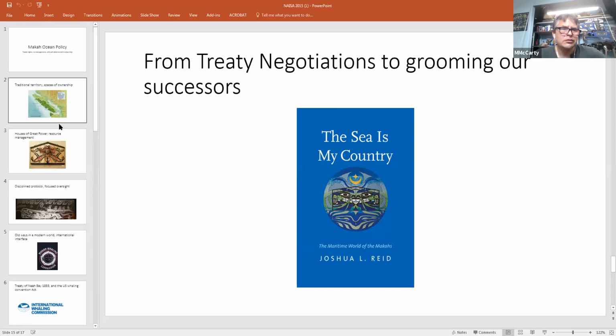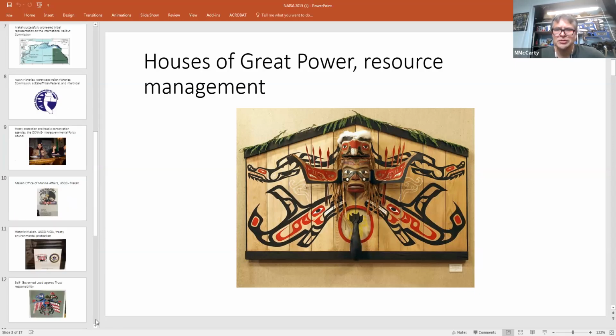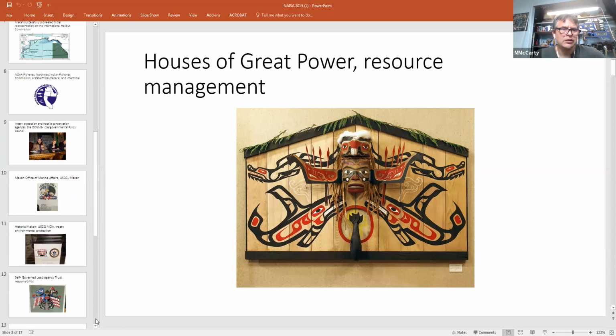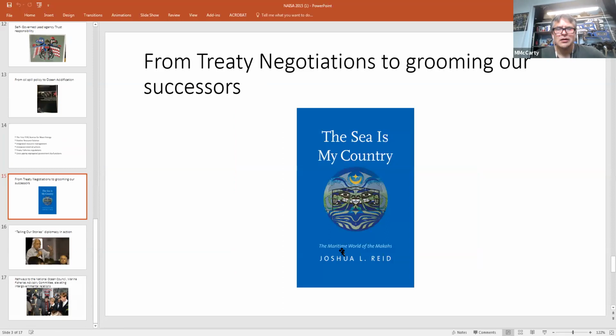I showed you this image. This is an image of a house. And when the newcomers came, they came on big wooden ships that in our minds resembled houses on water. So we called the newcomers Balbachlets. And in the book,